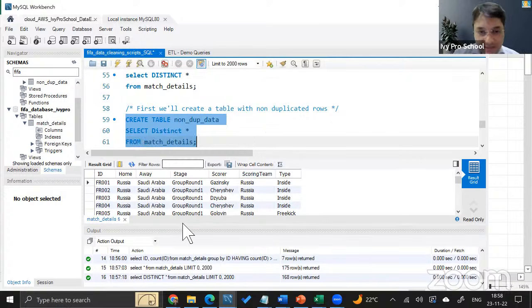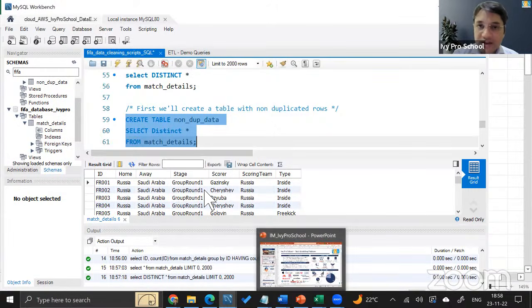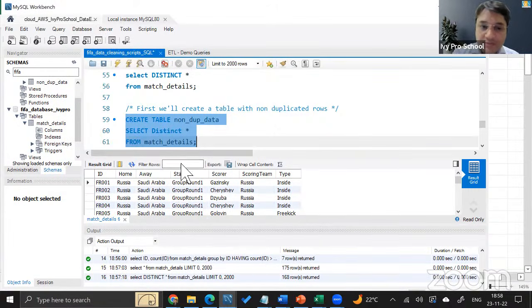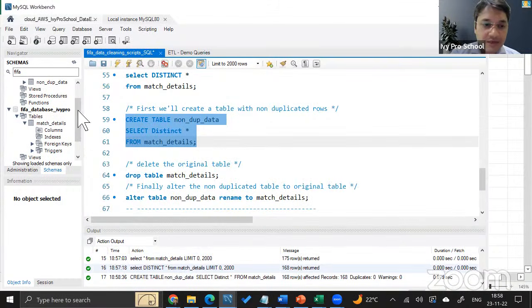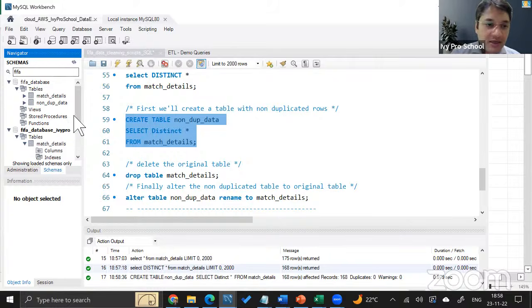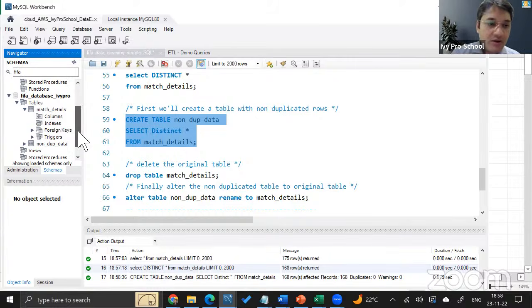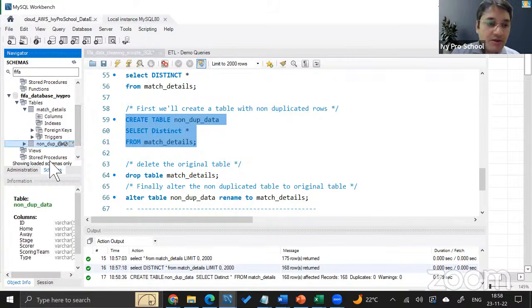So for example, this result that you're seeing right now, which is 168 rows, it will take this data and create a table using it called non-dupe data, and it will have all these columns. When I run this statement, it runs, and if I refresh it, I would be able to see one more table over here called non-dupe data. And when I select it, I can see the columns.